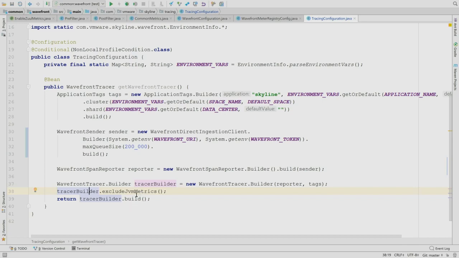So these are the pieces of code that are packed into a single jar that is distributed with each of our applications. So this is how we easily emit all of that to Wavefront and are able to monitor all that. So I still have some time, and I would like to show something a little bit more complex now.